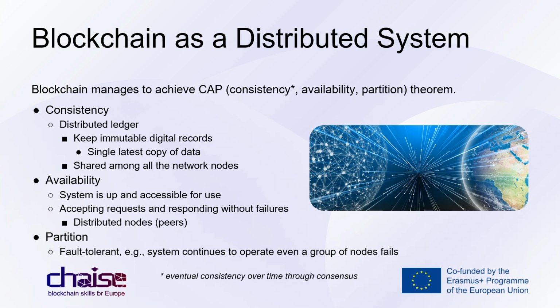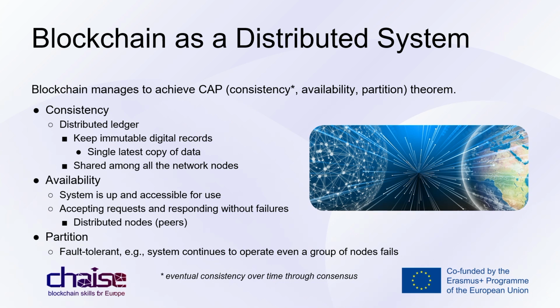Blockchain as a distributed information system. The first and most important aspect of blockchain is that it runs over a peer-to-peer network, that is, a distributed network of untrusted participant nodes. Each participant node holds an identical copy of the ledger, a shared ledger, and when a new transaction or block is created, it replicates over the participant nodes. So blockchain manages to achieve